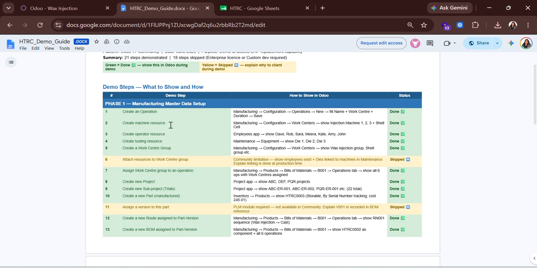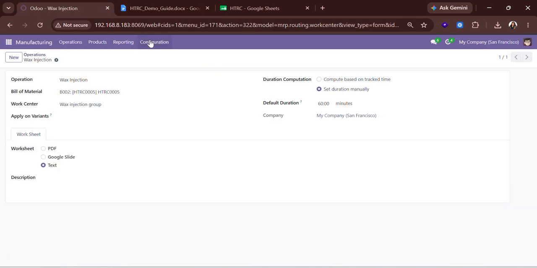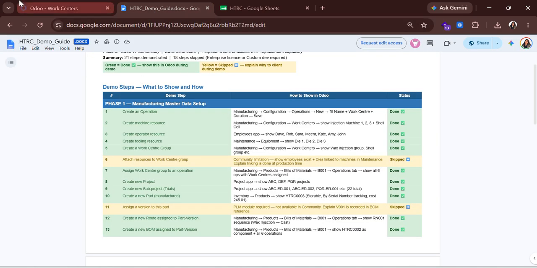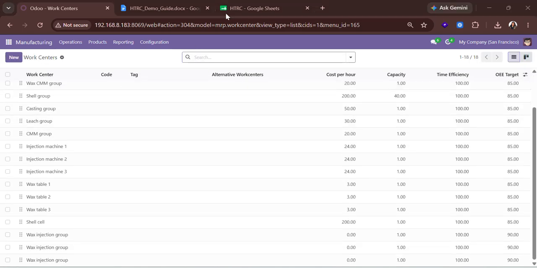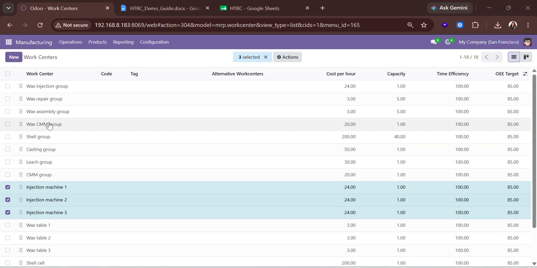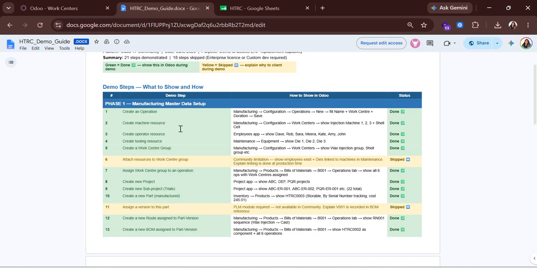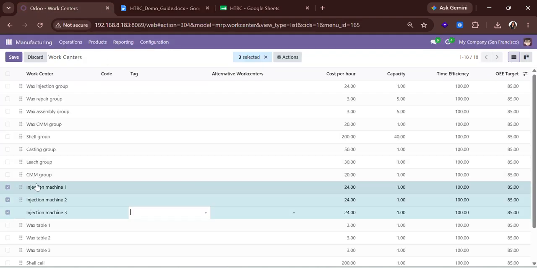Then the next step is create machine resource. To create a machine resource, again I have to go to manufacturing. In the configurations I have to go to the work center, and in work center there is the injection machine. So here in work centers, in the operations I can select here and see injection machine 1, 2, 3. So this is how I can select and create the machine resource from the work centers, and I can see all the